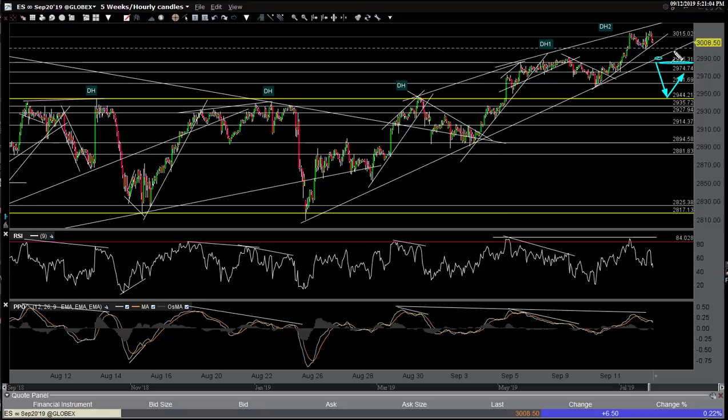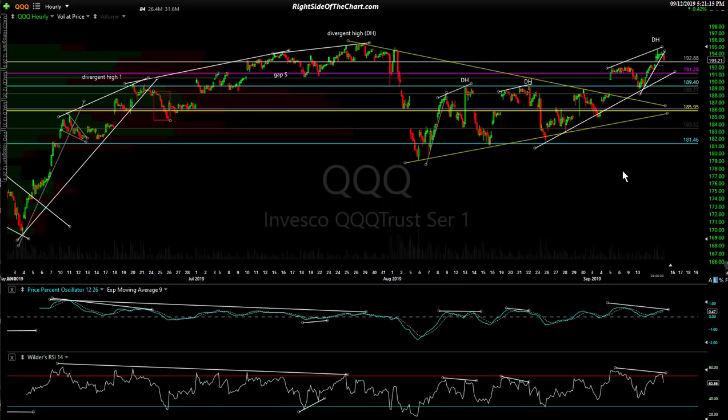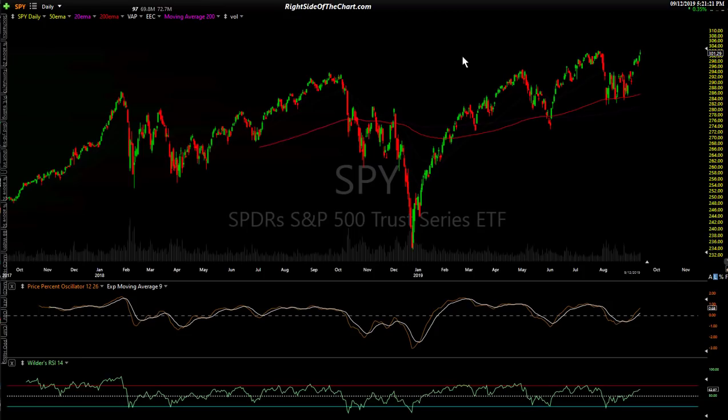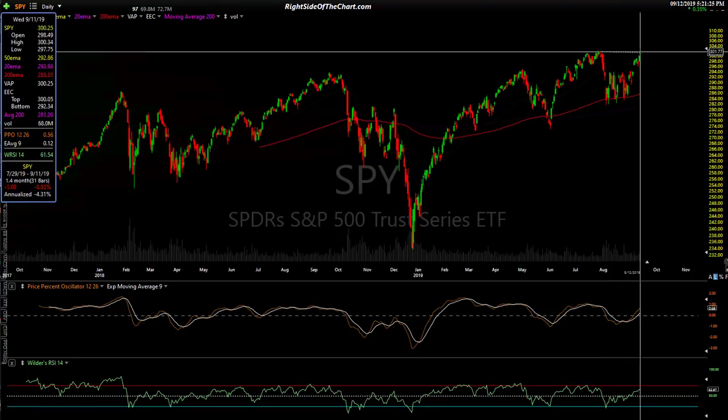if we drop down here and go below that trend line, that would bring us down there. And again, what I was saying is try to visualize what that might look like on the daily chart. I'll show you what it would look like here. If we fell, it would be a failure of SPY on that test to the previous highs, or call it a failed breakout if you want. Like I said, I'm not going to call that a bull trap right now because we didn't take it out with conviction. Call it what you want, but either way,